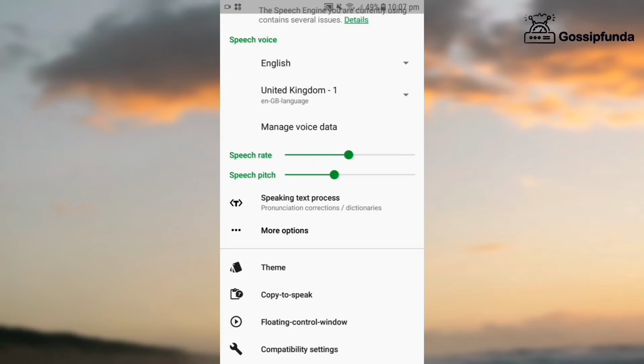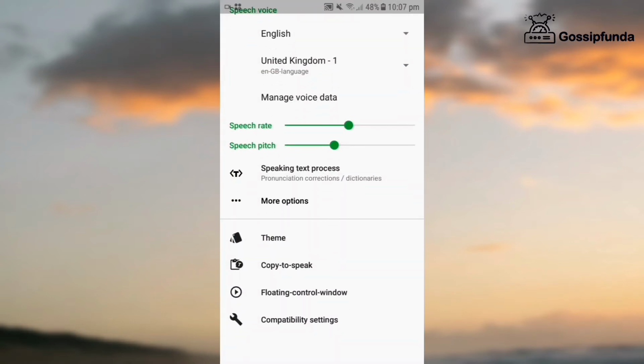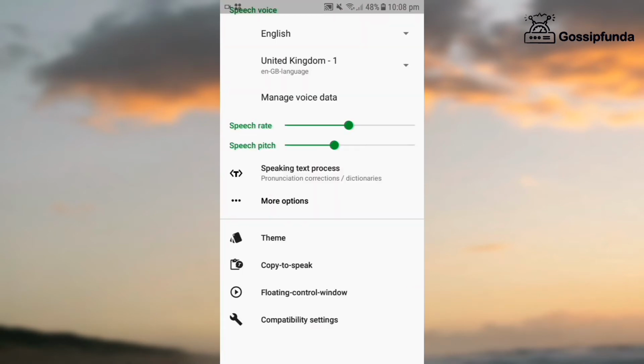Now here you can see speaking text process. Here you get a lot of menu options. Now you get a theme option.